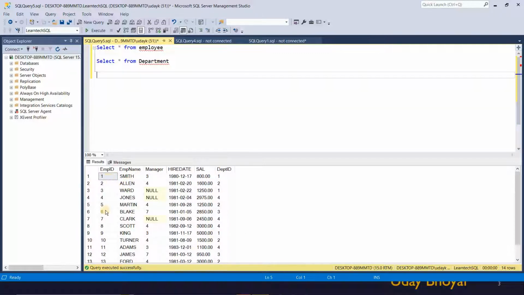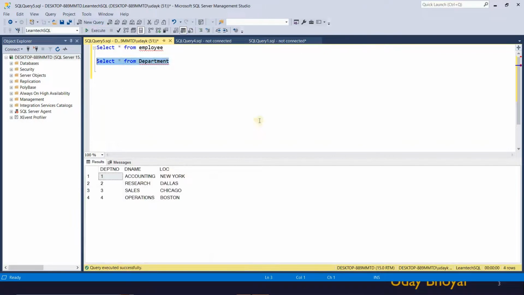So I have employee ID, employee name, manager ID, hire date, salary and department ID. And there is another table, department, which consists of department number, department name and the location. Now, in order to create a CTE among these two tables, we can just start writing